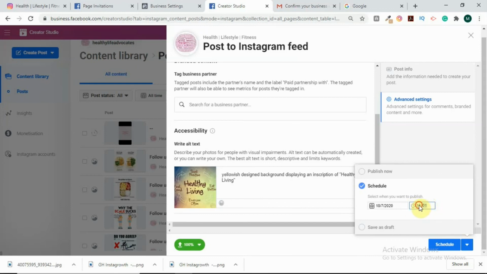So 3 p.m. is 1500 GMT. Remember, we've already set our time zone when we were setting up the business manager, so that will take effect with all these. So it's 1500. That is the scheduled time, and then we click on schedule,